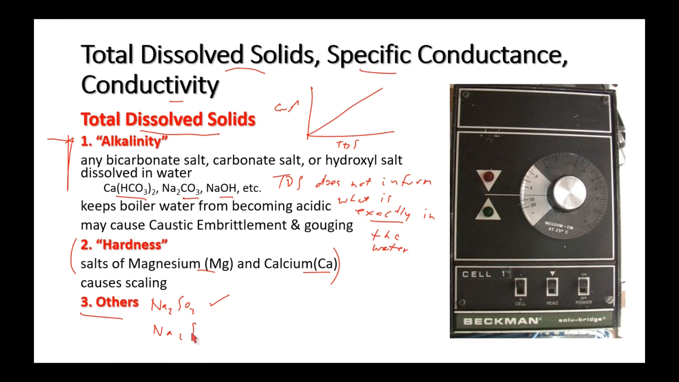Or maybe we've got Na2SO4. Again, it's a dissolved solid. It's neither hardness nor is it alkaline. So basically, if we take anything that's dissolved, whether it's alkaline, whether it's hardness, or something else, that will affect the conductivity, and we can use something like this here, which is called a SoluBridge,